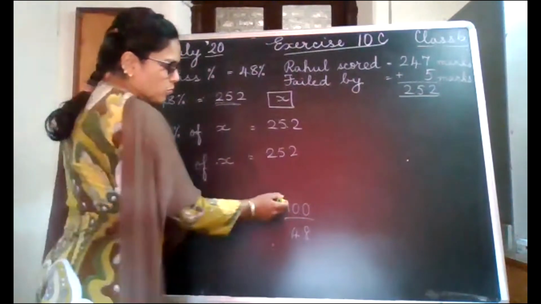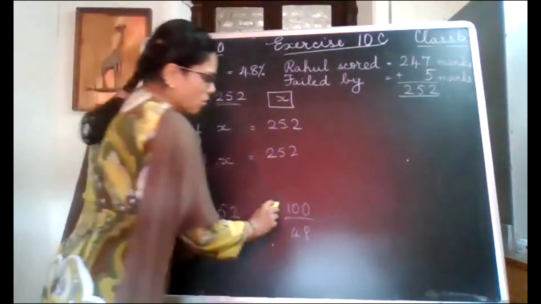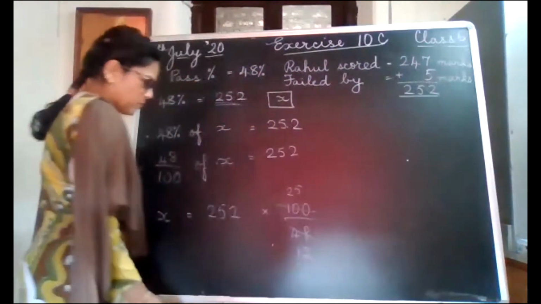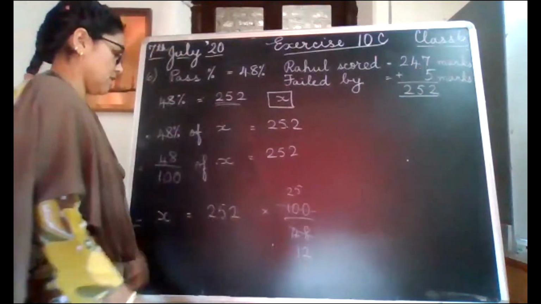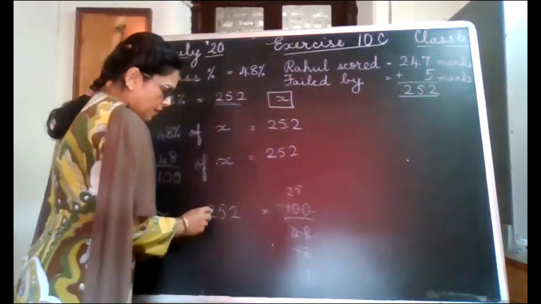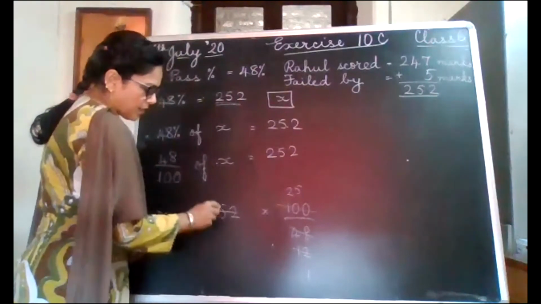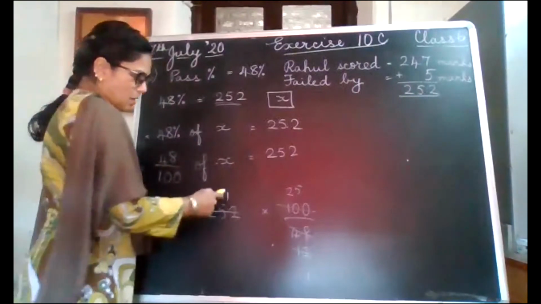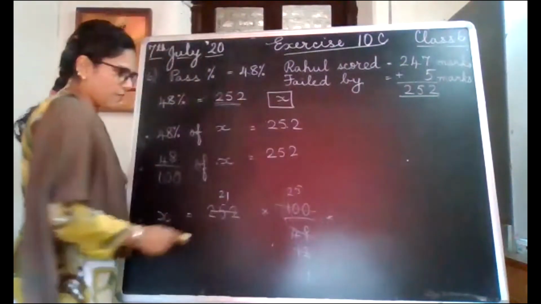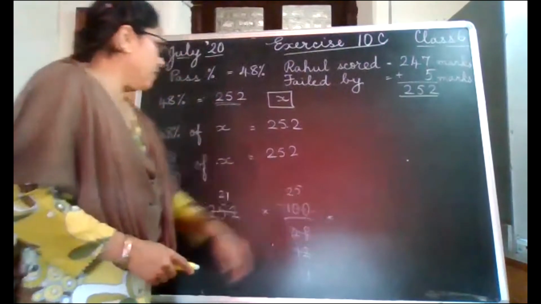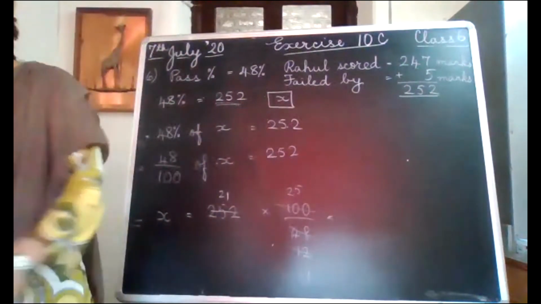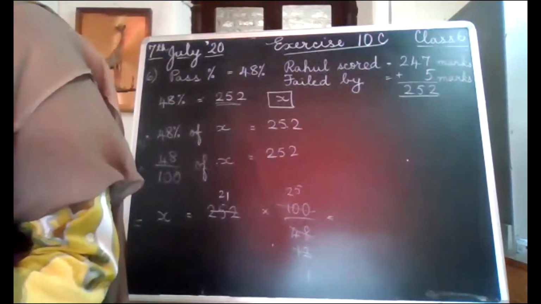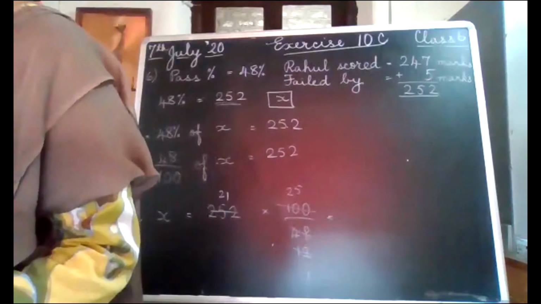Now we reduce. Both of these are divisible by 4. 4 divides this 25 times and this 12 times. Now 12 divides this once. 12 divides 25 2 times. 24, 1 will remain. So once. Now 21 into 25. When you multiply these both, you will get the maximum marks of the test. I have already multiplied it, and let me tell you, it is